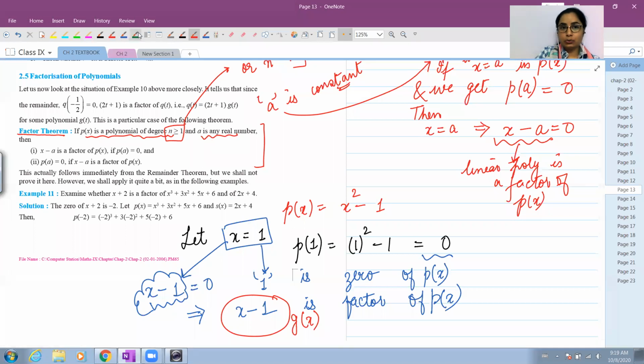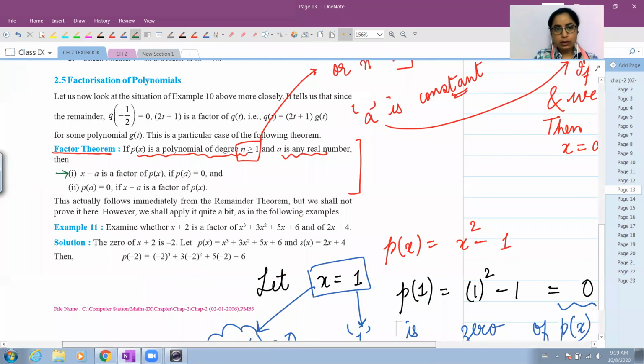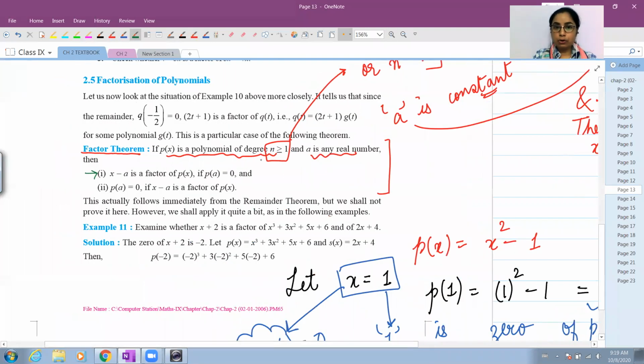If I take you back to the theorem written in the question, if you look at the first part, let me just zoom in a bit. So this is what you have. अगर हमारे पास कोई पॉलिनोमियल है जो कि कांस्टेंट पॉलिनोमियल नहीं है, लीनियर क्यूबिक क्वाड्रेटिक हायर डिग्रीज का पॉलिनोमियल है, और हमारे पास कोई कांस्टेंट है a, और जब मैंने ये कांस्टेंट को px में यूज किया तो मेरा आंसर आ गया pa इक्वल्स टू 0. इफ आई गेट दिस, अगर ऐसा होता है तो मैं क्या बोलूंगी कि x माइनस a इज अ फैक्टर ऑफ px. दिस इज फर्स्ट